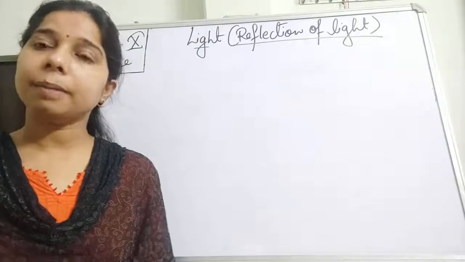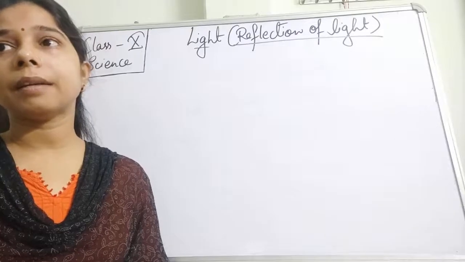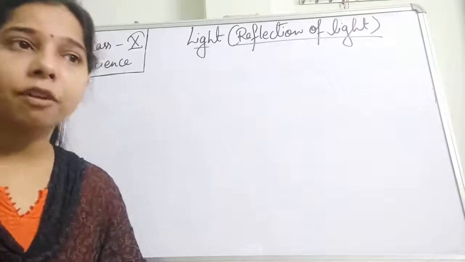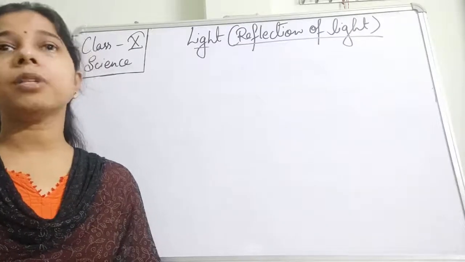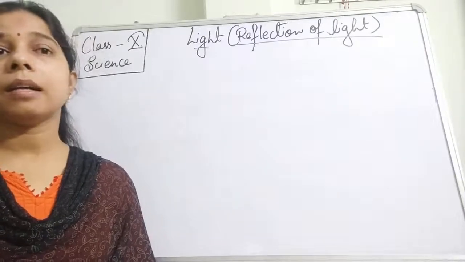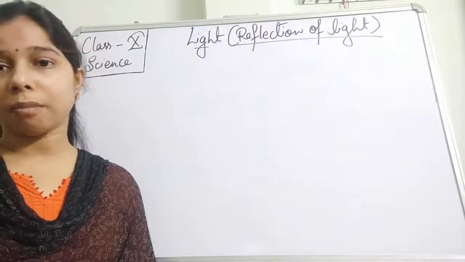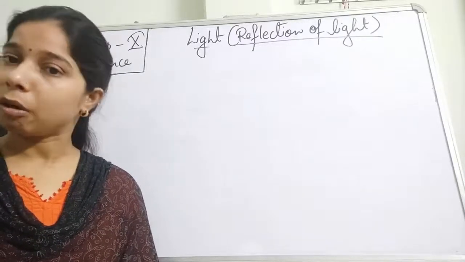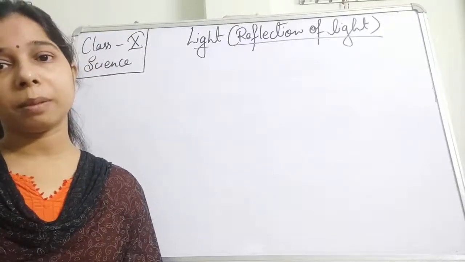The first property of the plane mirror is that the image formed is virtual. Virtual means the image is not actually formed, but appears just behind the mirror. Second, the image formed is erect, that is, it is not upside down. Third, the image distance from the plane mirror is the same as the object distance from the mirror. It means if the object is kept at 5 meters, the image formed will be 5 meters from the mirror. So the total distance from the object to the image will be 10 meters.